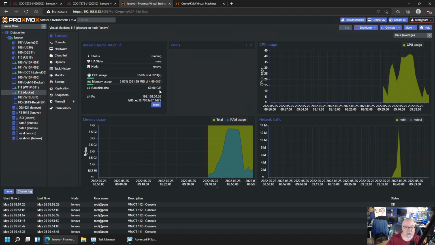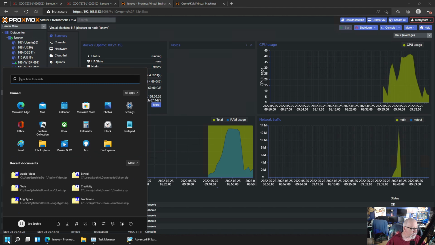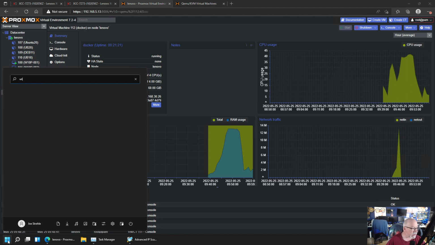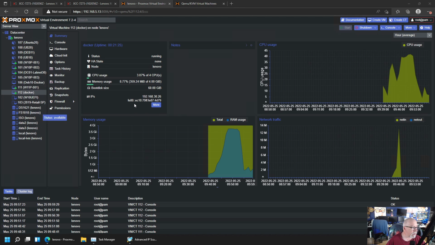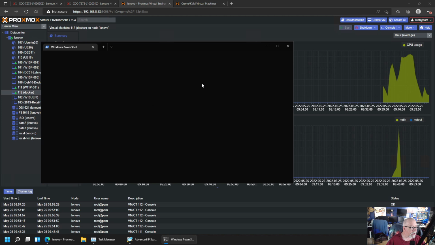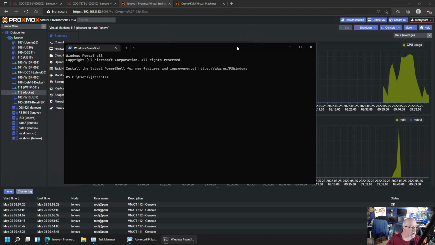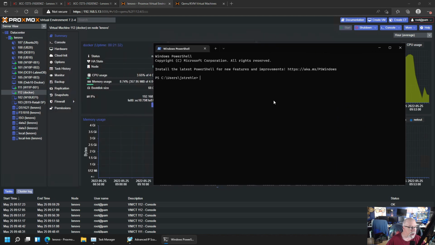So now the next thing we need to do is an SSH connection into this machine and get Docker installed. So I'm going to do that next. I'm just going to come here to the Windows and type WT for Windows Terminal. There we go, and that brings up a Windows PowerShell. And what I'm going to do is SSH